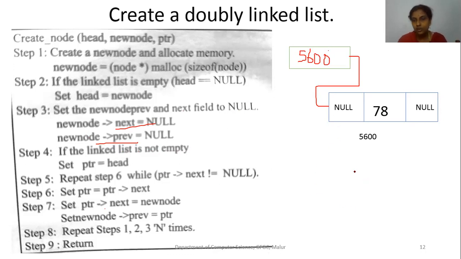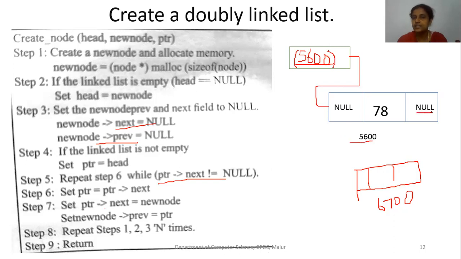have to do, you need to take the new node as we have discussed. Take the new node, consider this is the address where it is stored. Check whether pointer of next is not equal to null. So pointer first, it will show the first address, whether the next of this is null or not. It is null, correct? Pointer means 560. Whether 560's next part is null, yes it is null.